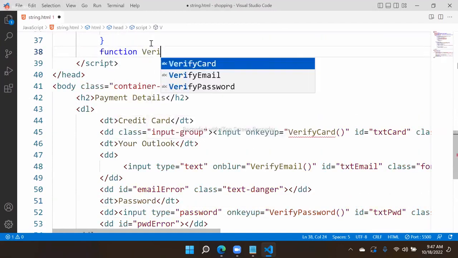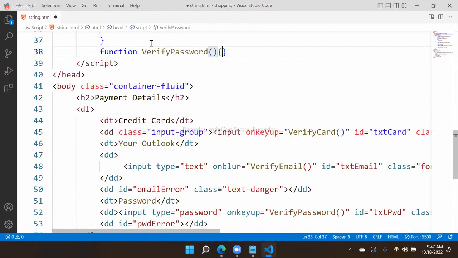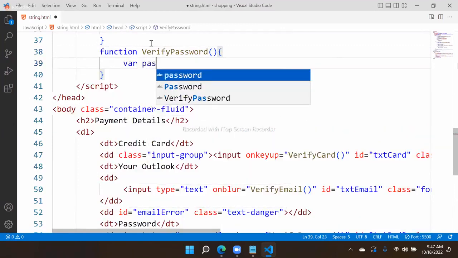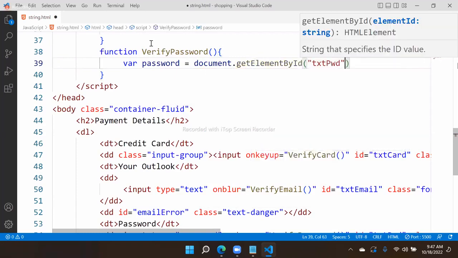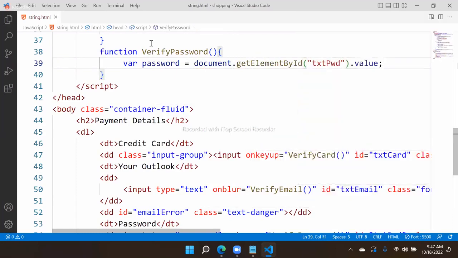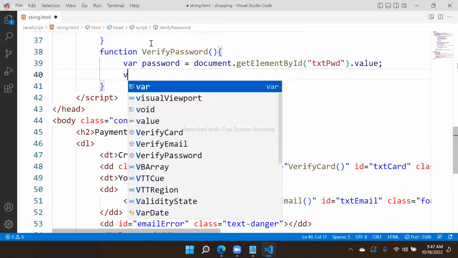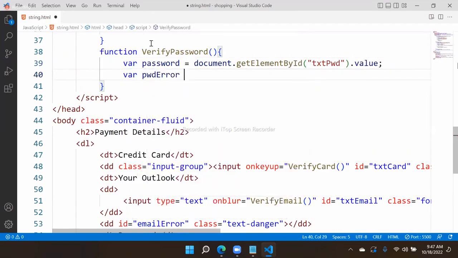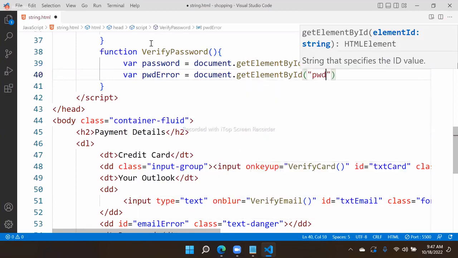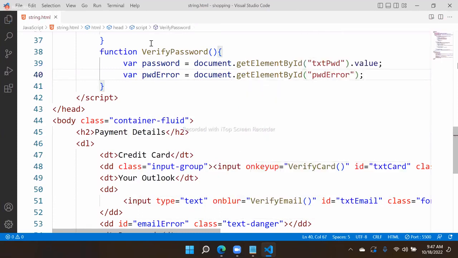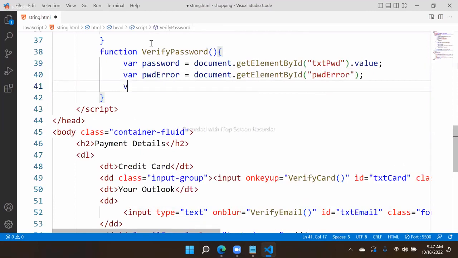What is it? Verify password. Okay, first collect the password. So document.getElementById txtPwd .value, and we will collect pwdError. Document.getElementById pwdError. That is a data definition, and we have to write